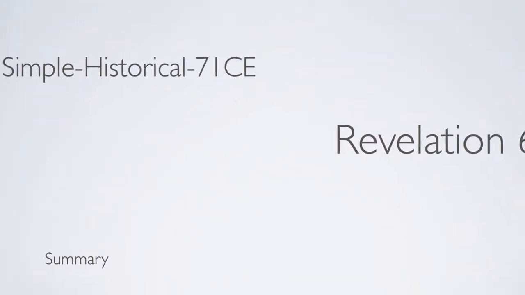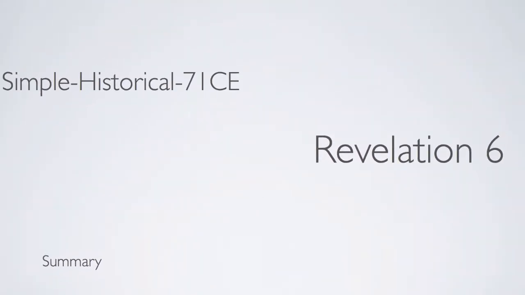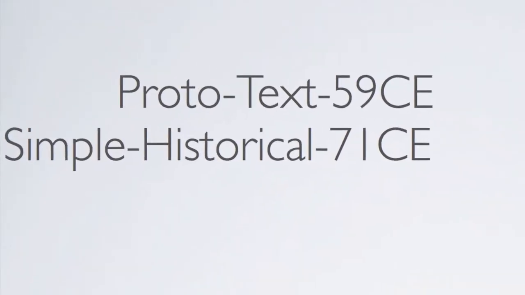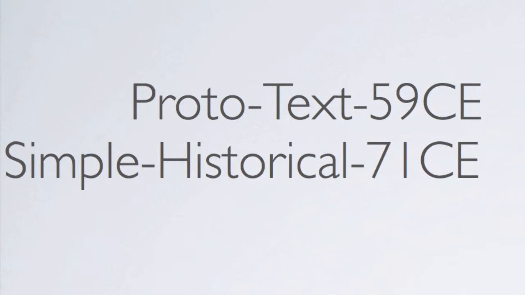This will be a summary of the simple historical understanding of Revelation 6. Revelation 6 is one of the most complex allegories in the entire book. This text was based in a proto-understanding that was likely written in 59 CE. This proto-understanding was an eyewitness account of an eclipse. This text is extremely complex, and again, the complexities here cannot be underestimated.